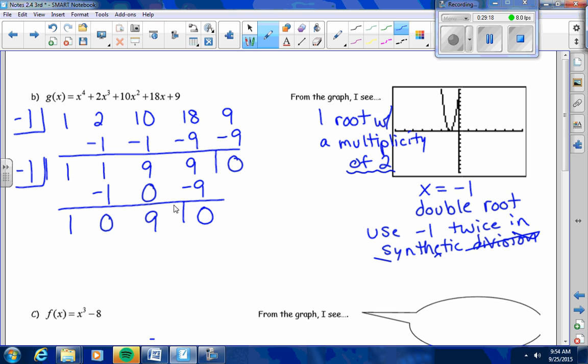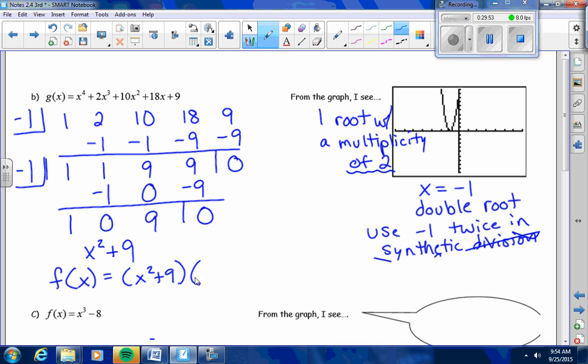Dividing it that second time, now this result starts at x to what power? X squared plus 0x plus 9. Did we have any other zeros that were given to us in this graph? No. If you think of x squared plus 9, can that be factored any further? No. So since I'm looking for all of the factors, that is one of my factors of this polynomial. X squared plus 9